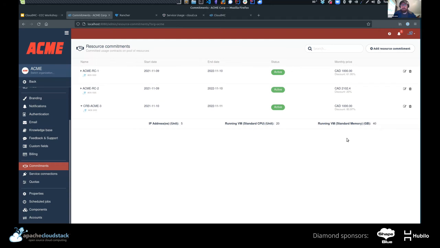Now, all that means is that they're going to pay $1,000 a month, regardless of how much they use. As soon as they use all of this, everything beyond that will be charged at utility pricing. So it essentially allows you to provide discounts for a customer saying, I'm going to commit to using this amount of resources.